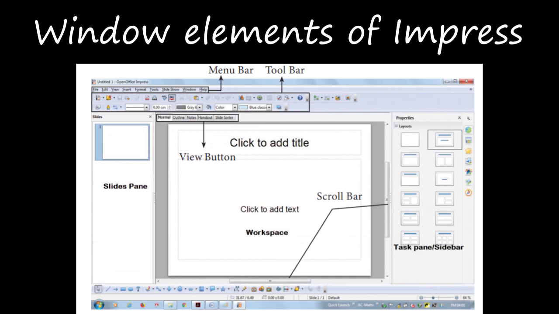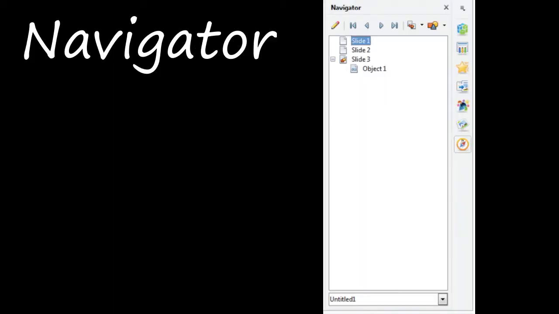In case you do not need the information in a status bar, you can hide it. How will you hide it? You will go to select status bar. You can select view, status bar from the main menu. Okay, and then next one is navigator. The navigator displays all the objects which are contained in a document.